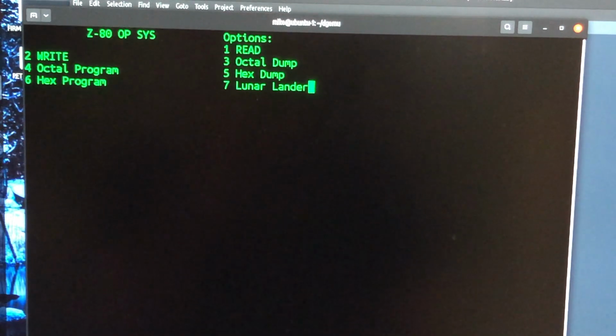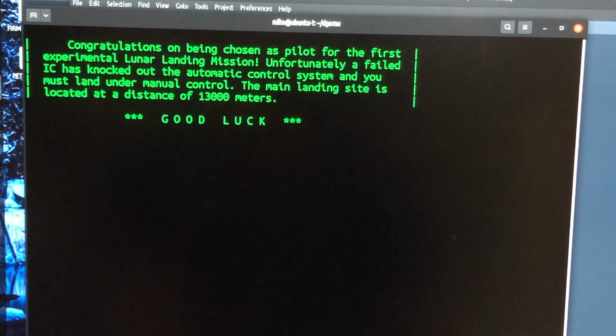You can see the timing is not exactly matching up with the Digital Group right now. That's something I'm working on. I'm just attempting to time it based on the cycle count of each instruction, but it doesn't quite work yet. So we will get that improved. So hit 7 for Lunar Lander,